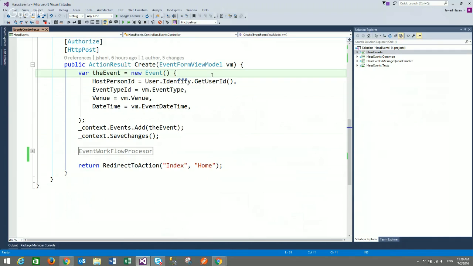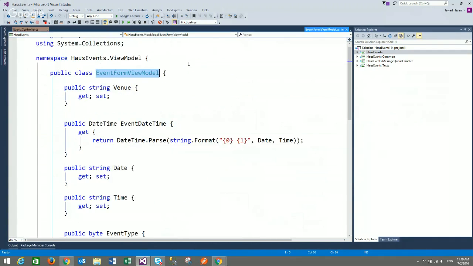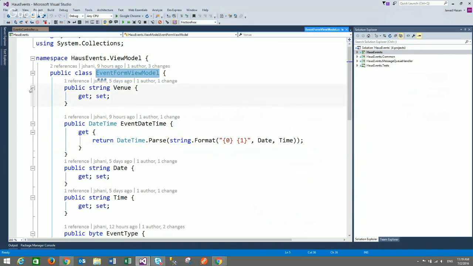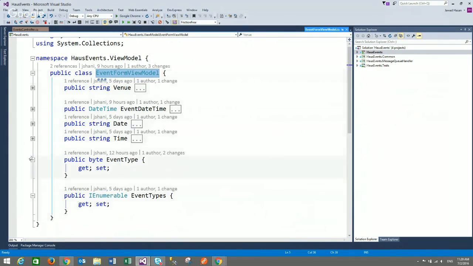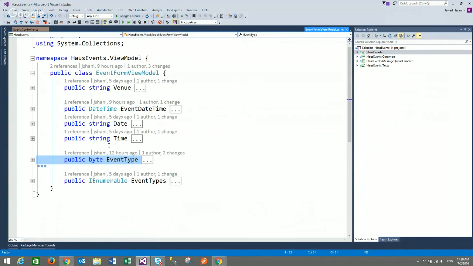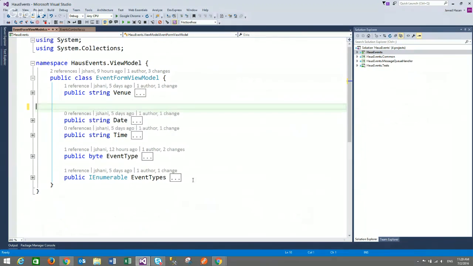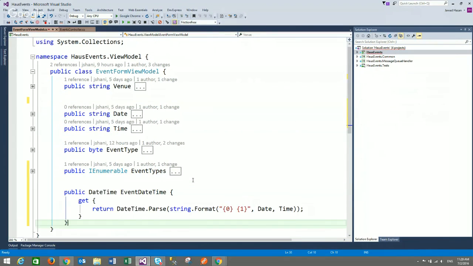In order to start with the server-side validation, first of all, this is our event form view model, so let's go there. Here I have a bunch of properties, and I will put the required attribute on the properties which I want to be required. Let me first move this event datetime, a read-only property, to the end. Okay, I will start with the venue